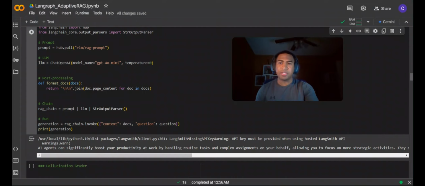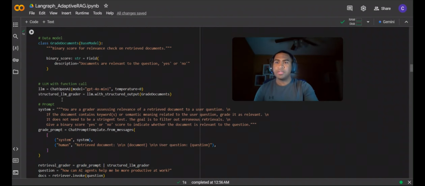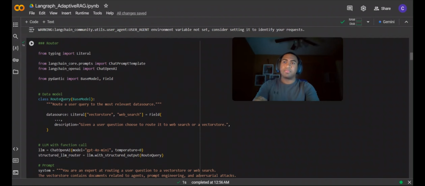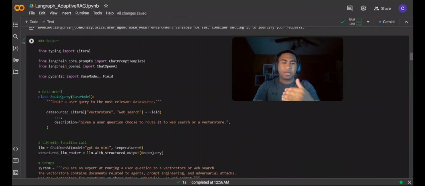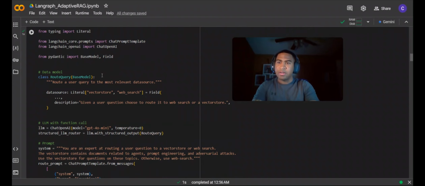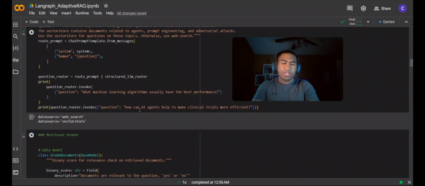The main difference, going back into adaptive RAG in terms of what was implemented and what isn't, is that corrective RAG does not have the router command, or the router cell right here that we created. It doesn't involve telling you where each question is going to get routed to, and